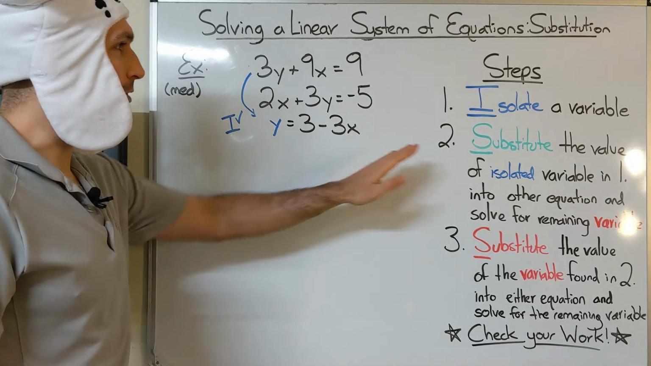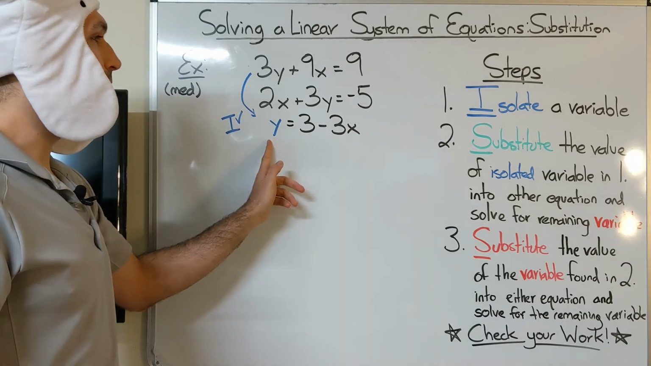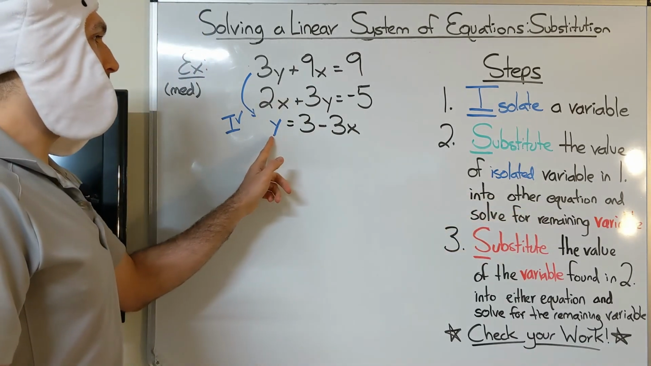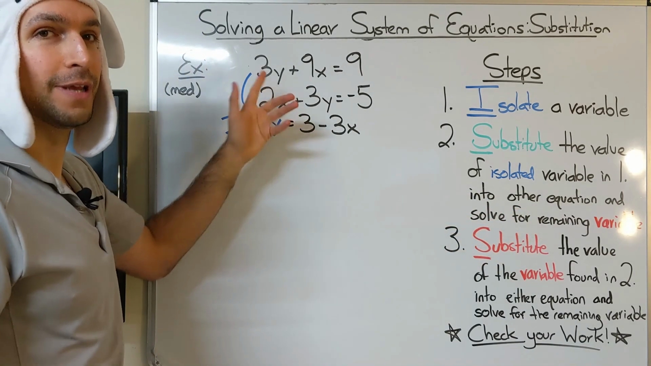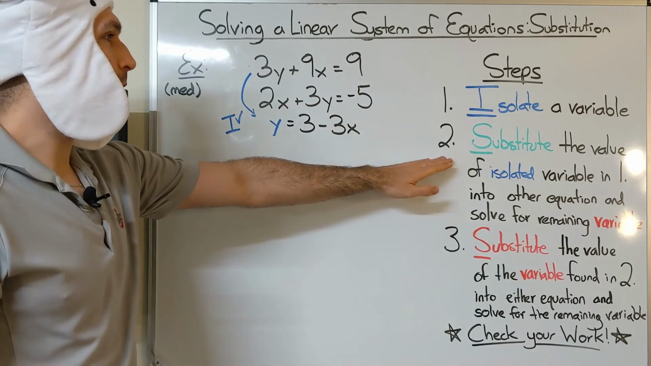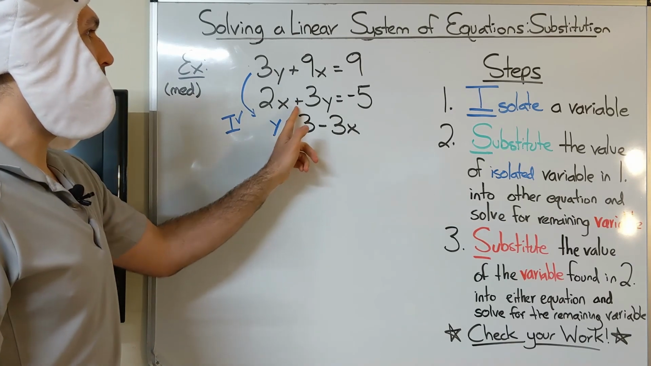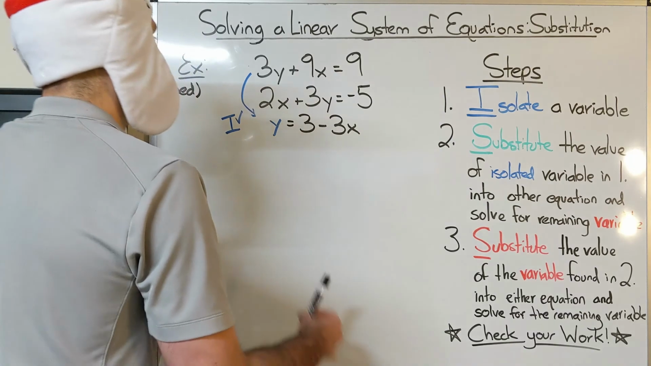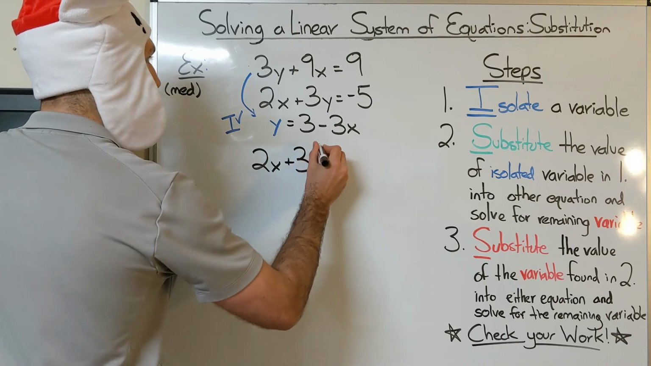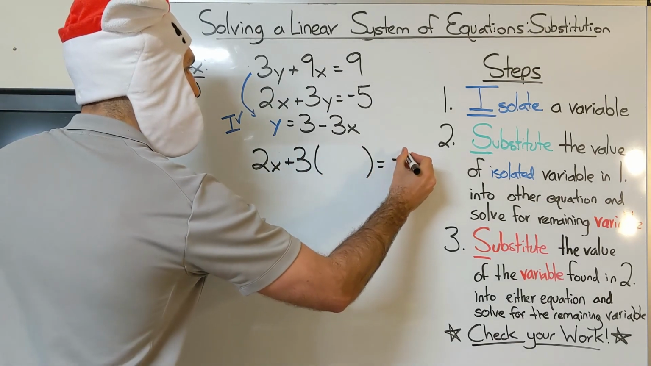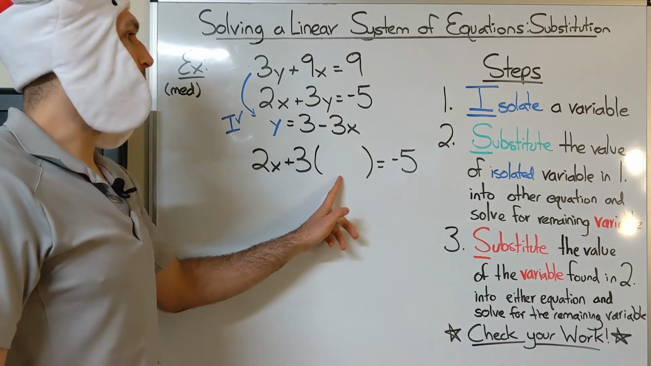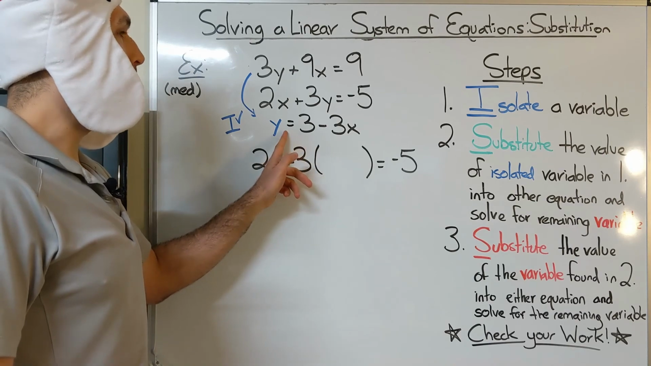Since our second step is to substitute the value of the isolated variable, here y, into the other equation. So I can substitute this into the first equation, since that's how I got it. The other equation would be my second equation here. So let's substitute the value of y into this equation. What I'll do is I'll rewrite my second equation, 2x plus 3y equals negative 5. You'll notice I didn't write y after 3 because I'm going to be substituting its value from our first step